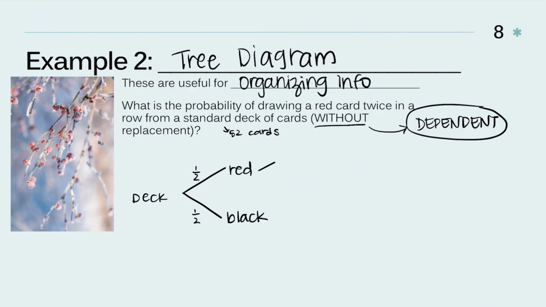In the first one, if I drew a red the first time, now there are only, instead of having 26 red cards, I only have 25 red cards. And that's actually going to go over here. Now I only have 25 red cards out of 51 cards total, because I managed to draw a red the first time. And then if I was to make this for all of them,